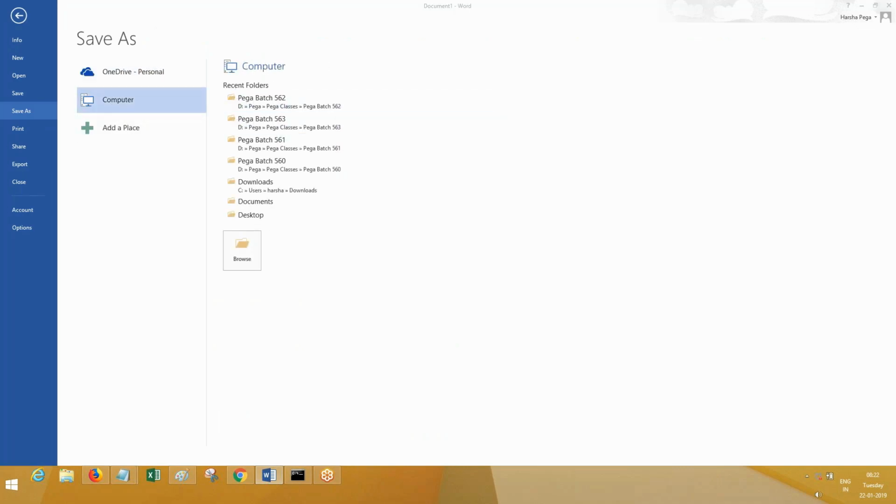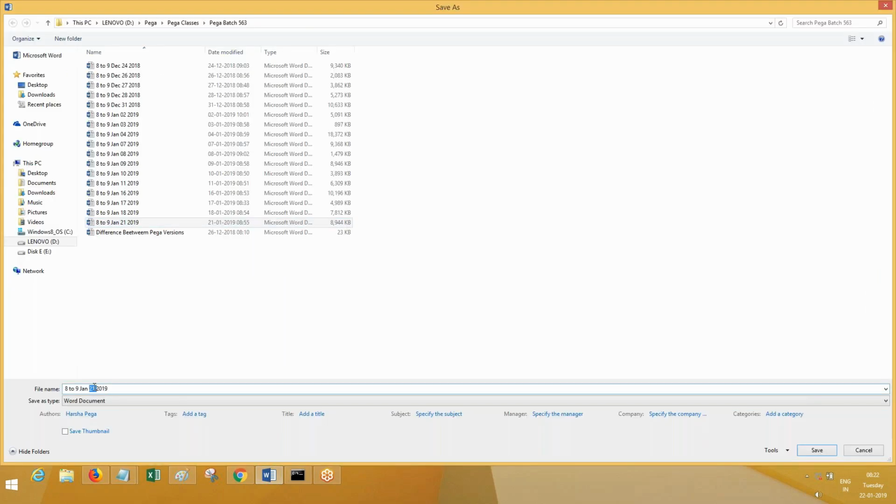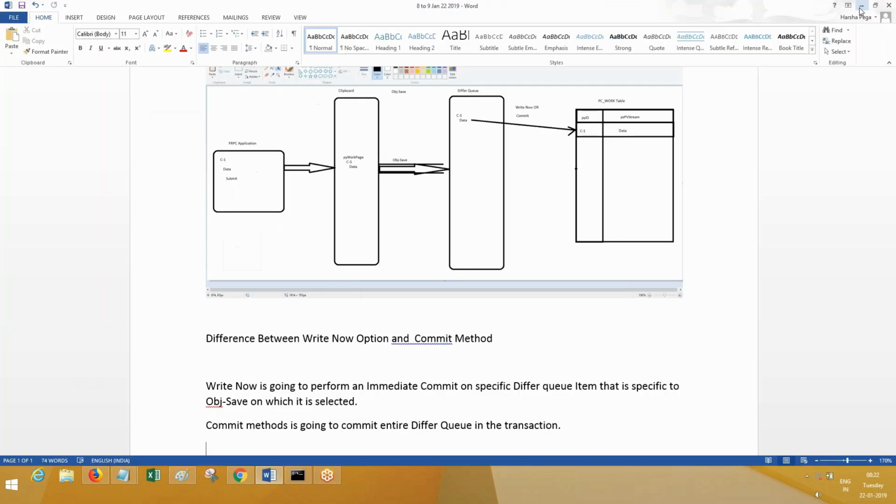This is how PRPC is internally designed and configured while saving the instances. First, from the PRPC environment, it will go to the clipboard. From the clipboard, it will go to the defer queue. From the defer queue, once write now is performed, it is going to immediately commit. If you perform commit, then the complete defer queue is done. Commit means it is going to take the entire defer queue items and store them into respective tables.